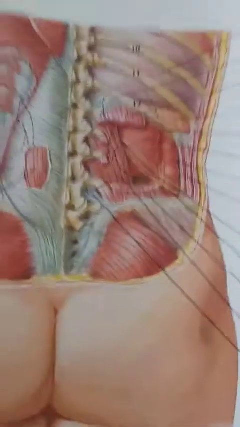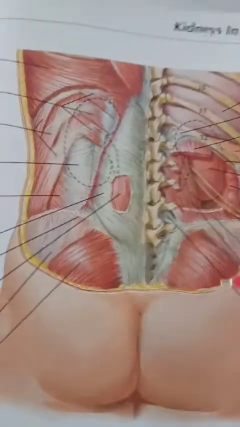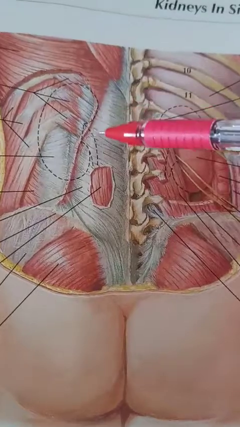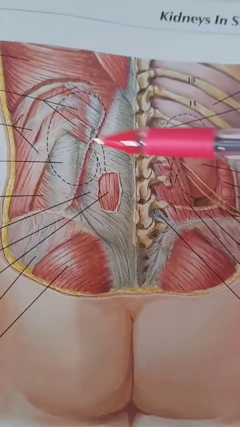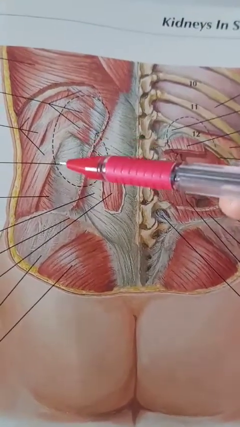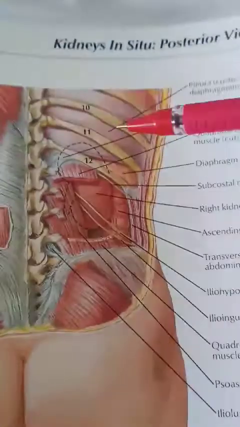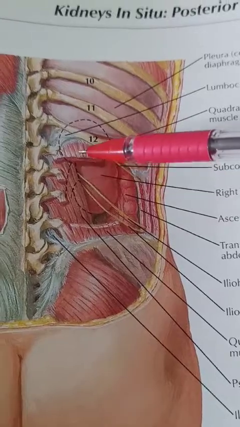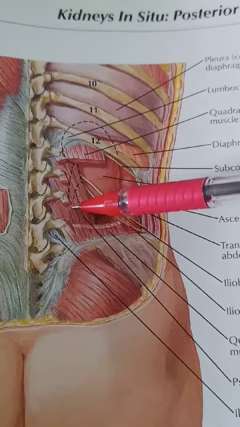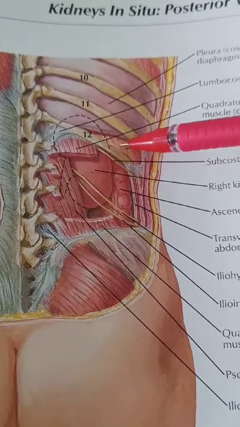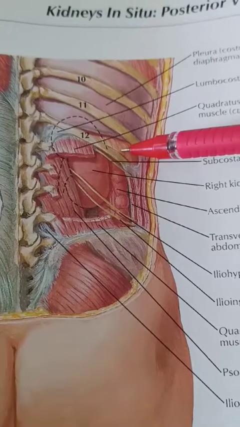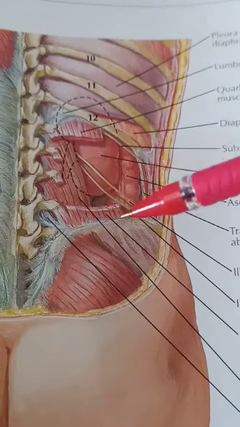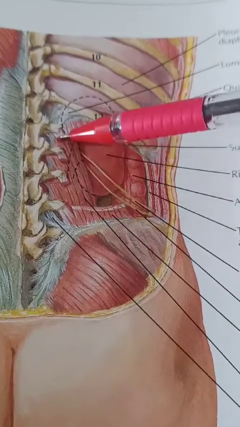So this is the posterior aspect of our abdomen. Here we can see this is our kidney. Kidneys can be seen near the abdominal wall, just below the ribs and also below the muscles. Here we can see this is our 11th and 12th rib, and this is our kidney. Here these are the muscles. This is the psoas major muscle, quadratus lumborum. Here comes the transversus abdominis muscle. Here usually what we are doing is we first draw a parallelogram.